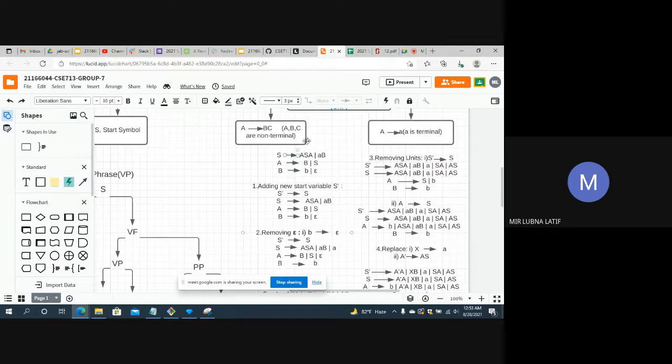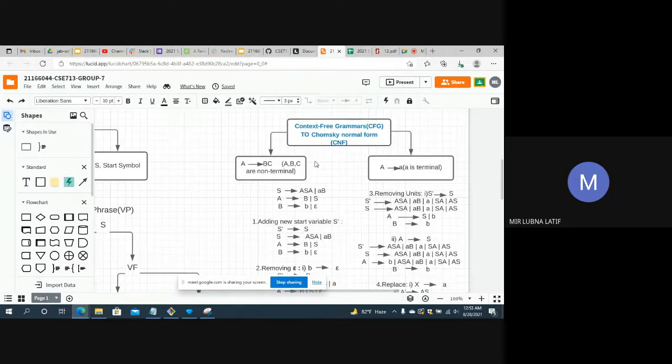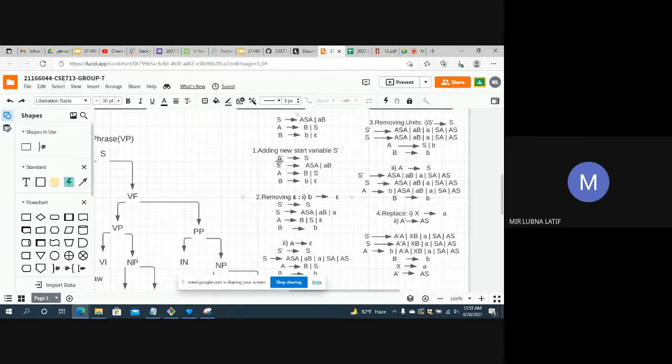And here you can see an example. So for transforming it to Chomsky normal form, first we have to add the start variable, that is S prime,